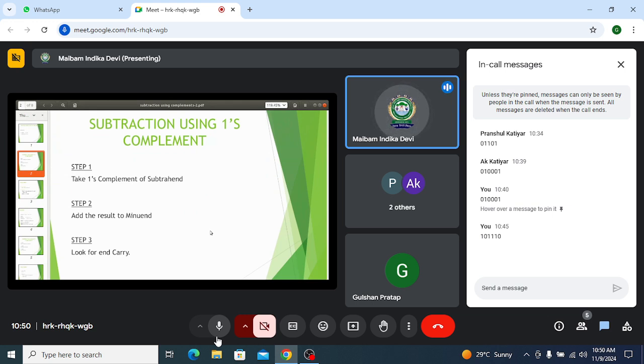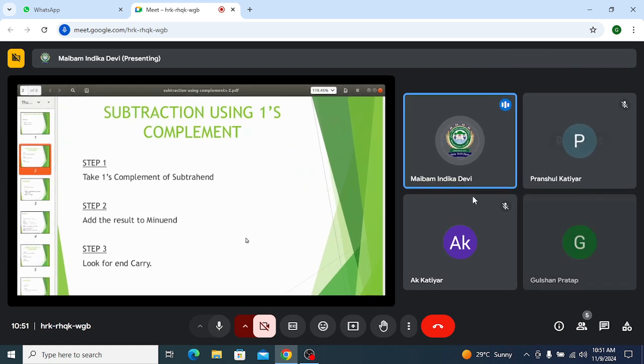That is r minus ones complement. See here, the process will be the same whether it be a decimal number or a binary number. In case the number is binary, then you will be taking ones complement. In case the number given is a decimal number, you will be using nines complement. Since we have seen yesterday, right? Finding nines complement and finding ones complement, the process is the same, except the base is different, right?